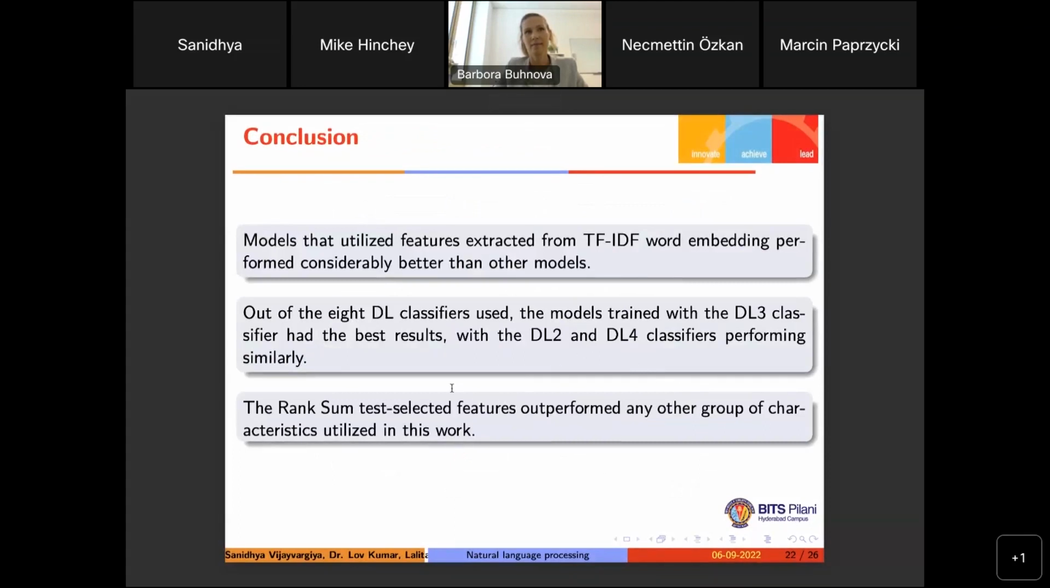So finally, coming to the conclusions. The model that utilized features extracted from TF-IDF had considerably better performance. But since we also noticed that word-to-vector had similar performance, and it has considerably fewer features compared to TF-IDF, maybe that can also be used instead to minimize the computational cost, based on the requirements. And out of the 8 deep learning classifiers, deep learning model 3 had the best results,